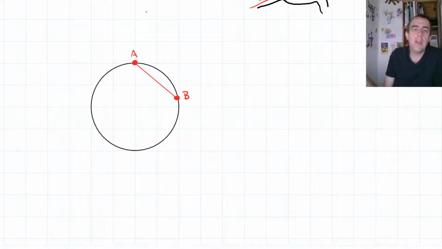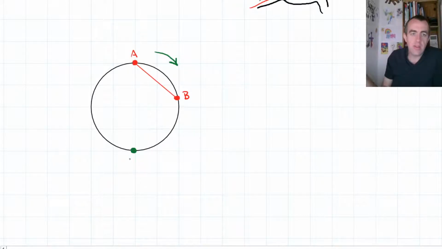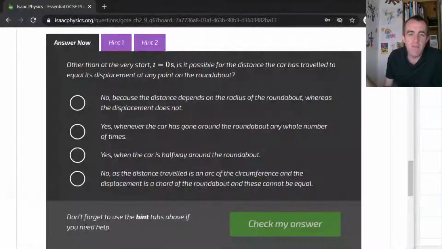Well, we can ignore anything where we're travelling around in this direction. We can ignore anything where we've travelled beyond point C, because beyond point C, the distance will continue to increase, but the displacement will decrease. So we can ignore that. If we just look at this section between A and C, this curved section around here, A to C is much shorter than the distance around A to C. Some arbitrary point on the side, that distance is still bigger. And in fact, you can go all the way around here and it's just not possible. Your displacement will always be less than your distance when travelling in a circle. You can visualise it.